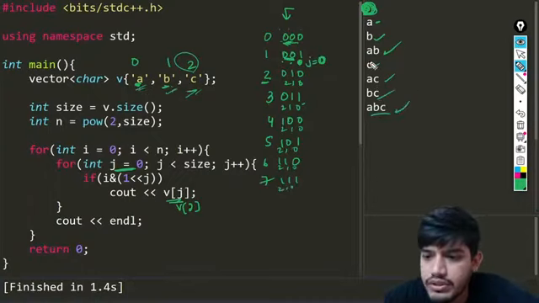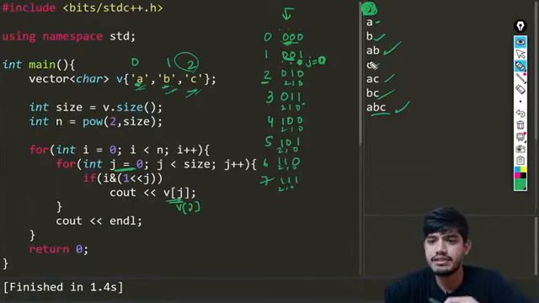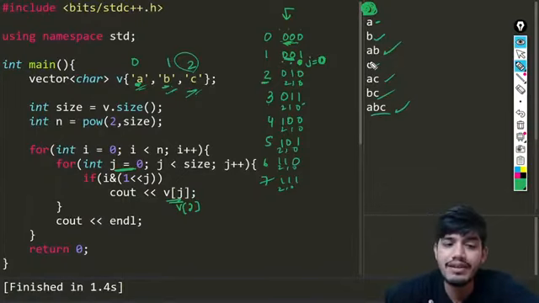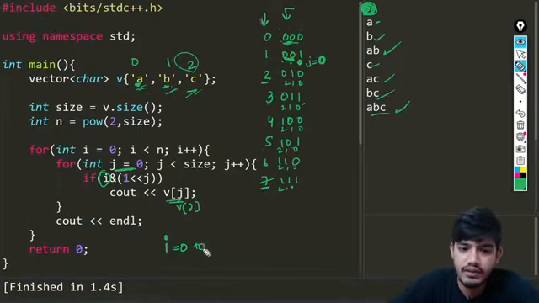Okay, so I hope up to this everything was clear to all of you. So that was the program which I wanted to discuss with you. This was basically using the logic which we have seen yesterday of how we can check whether the kth bit is set or not. And you can see this i value is starting from 0 and it is going up to 7.